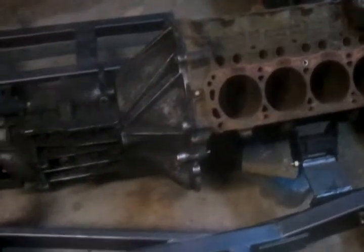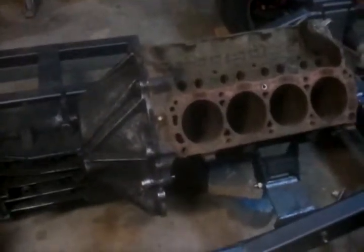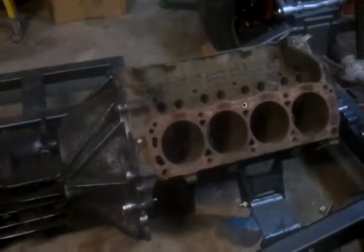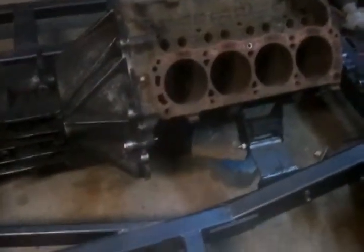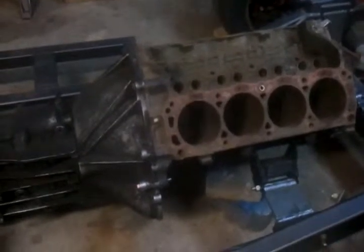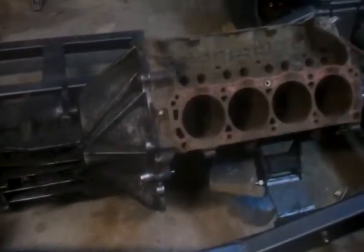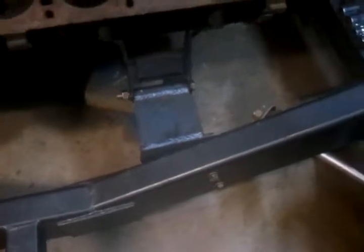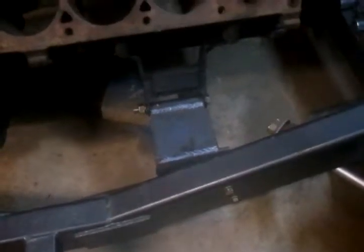It would help me in two ways. Number one, I've only got probably 3.5 to 4 inches clearance with the oil pan for the permanent engine over there, and then also would give me a little longer drive shaft, which I wouldn't mind having, but I'm worried it's going to mess up the weight distribution of the car if I move it forward, so that's a quandary. So here it is right here. I've only drilled 2 sets of holes at this point in the frame for the mounting, so I have to make a decision on